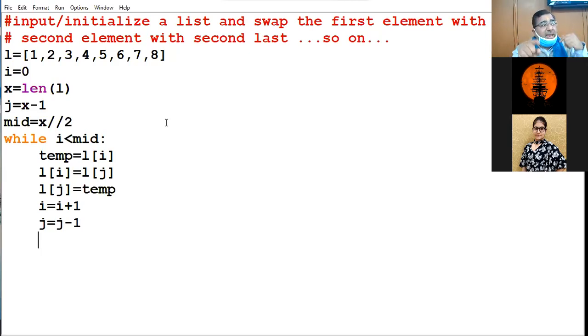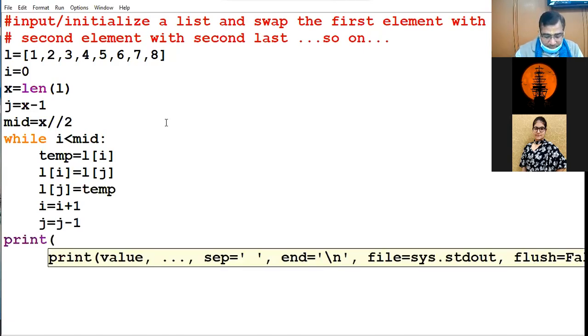Index 1 means 2. What is the current value of j now after decrementing? 6. Again and again I am telling you, count the index from 0.